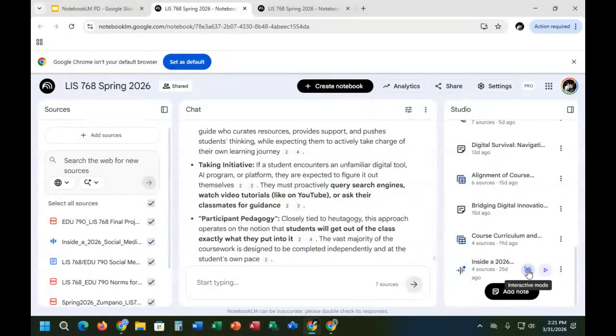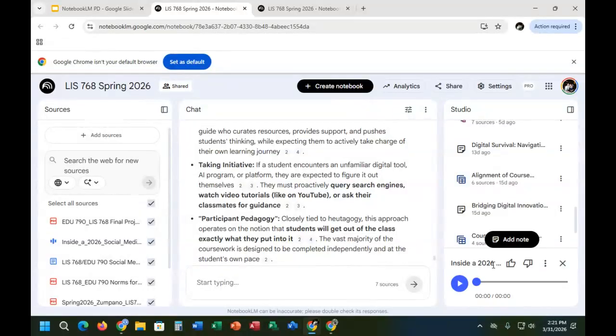Now, this little hand means that it's interactive mode. So I'm going to click on it here. And again, I'll start it and